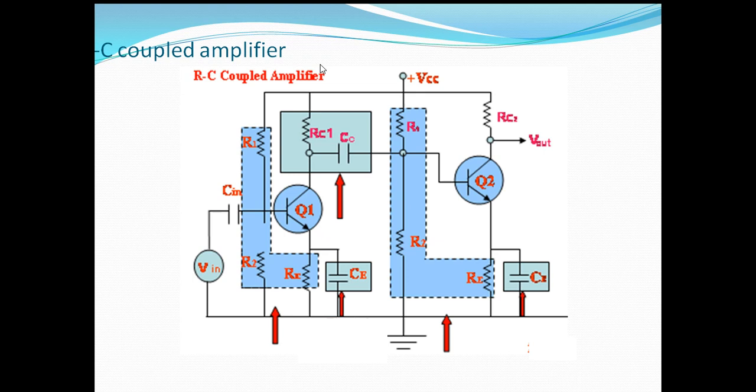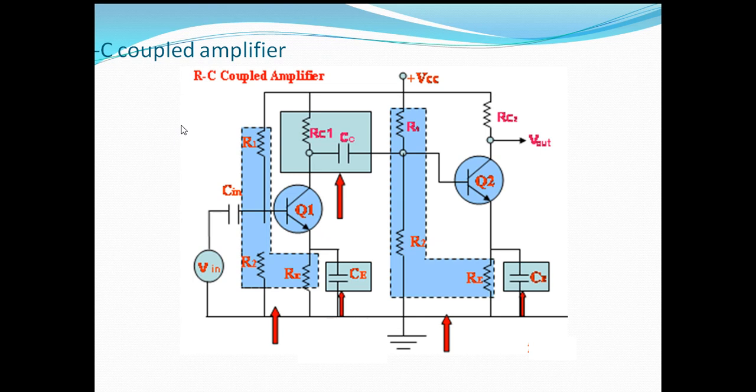As we know, the most widely used configuration in the amplifier circuit is common emitter. Therefore, the common emitter configuration is used in the first and second stages. Why is the common emitter configuration preferred? Because the gain is high, the input resistance is low and the output resistance is high.